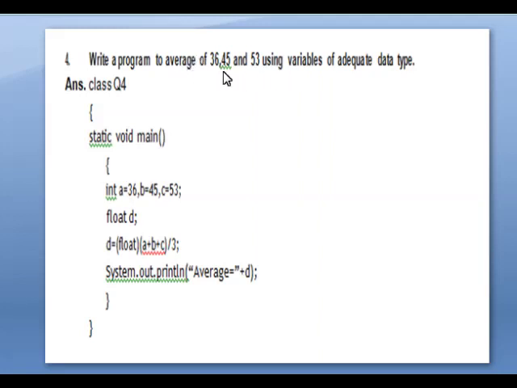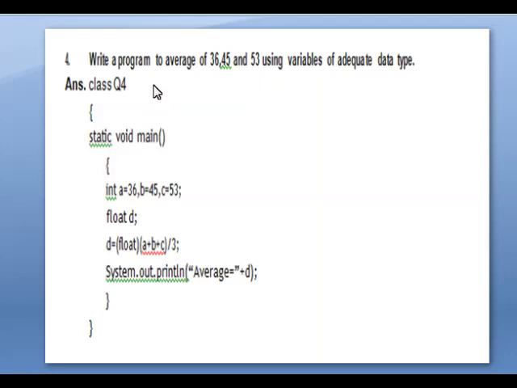So here how many variables do we want? We want 4 variables, 3 variables to store the numbers and 1 variable to find the average. Okay, so class name Q4, that is question 4 I have given. You can give any class name, and then open curly braces, then static void main of open curly braces.